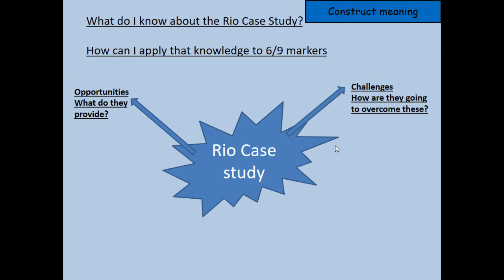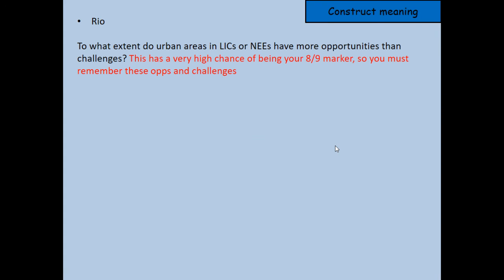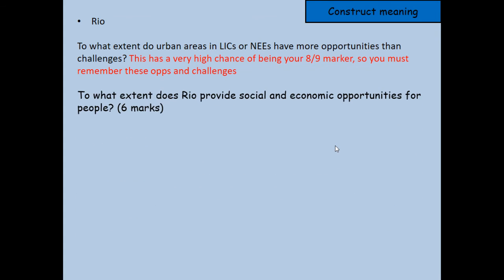So what are the good things that they can provide versus the challenges? So how are they going to overcome them? It's easier if you come up with the challenges first, because then the opportunities will be your way that they overcome it. Okay, so have a write-up of everything that I've just gone through with you. If you can come up with any more, that's perfect. And then I want you to finish off this answer.